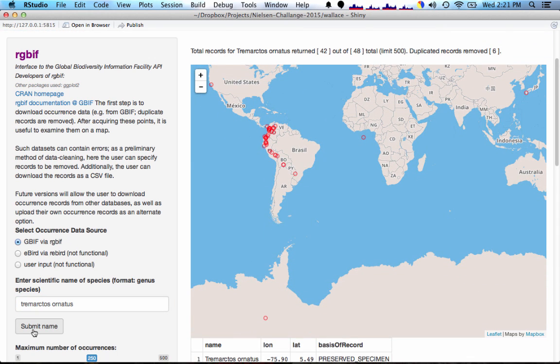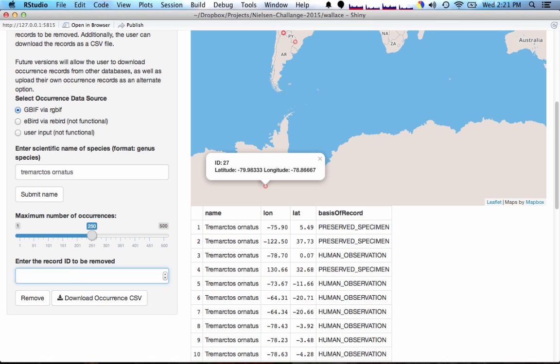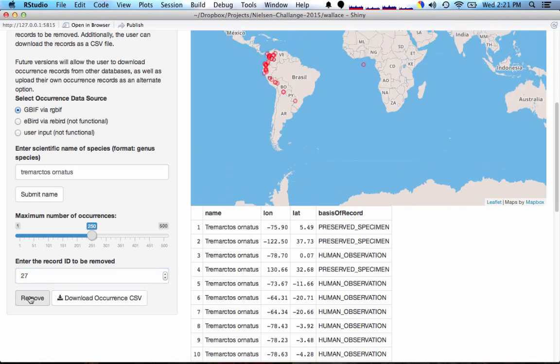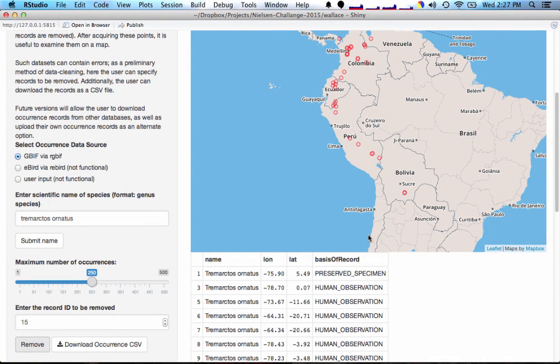When we first see our data, we notice that there are outliers. We can remove these outliers by first identifying the point, in this case ID 27, and then entering the number here and removing it. After removing all the major outliers, we then want to reduce the effect of biased sampling